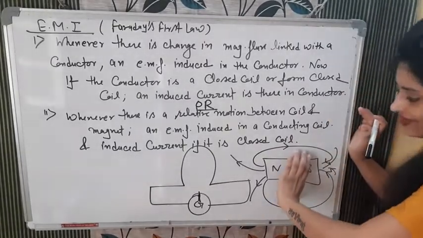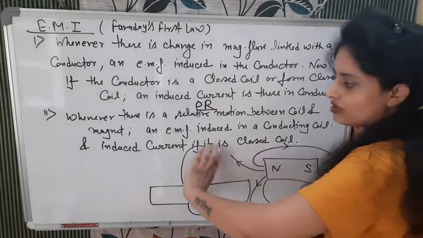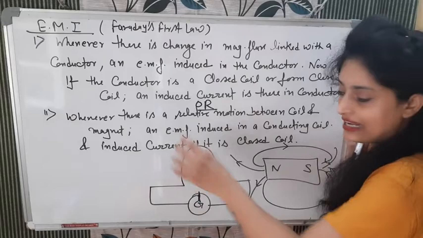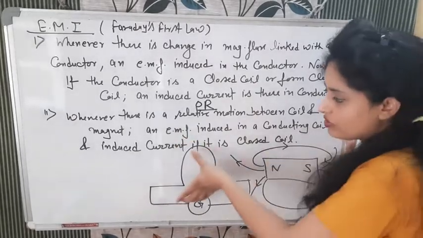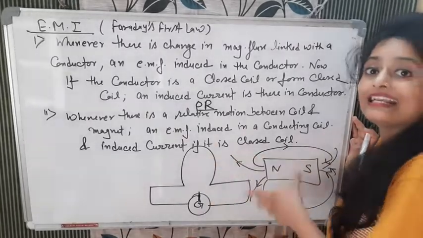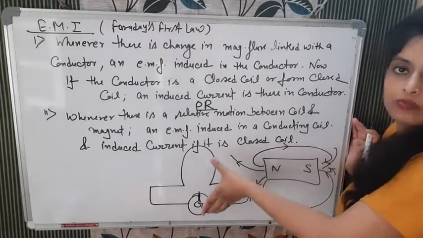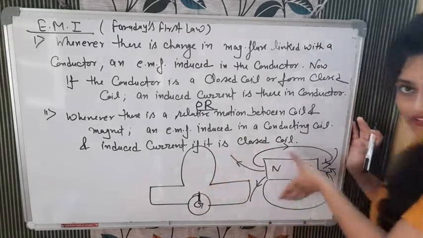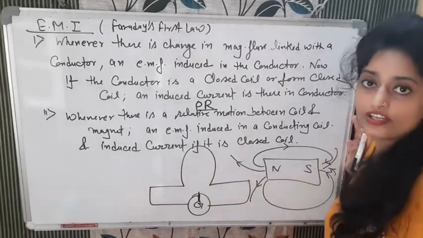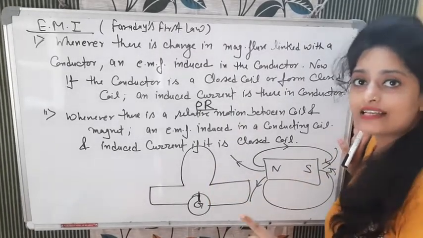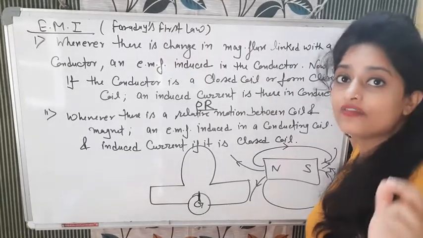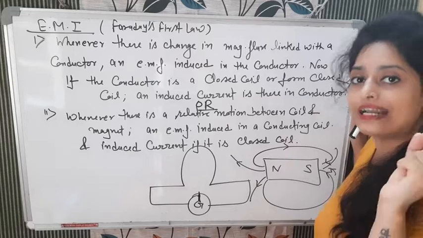See, when we are moving this magnet towards the coil, because of the change in magnetic field lines, a greater number of magnetic field lines will cross it. When it goes away from this, the magnetic field lines that will cross this will be less. So by changing the position of the magnet either towards the coil or away from the coil, in both cases the magnetic field lines crossing this area are changing. Because of that the magnetic flux is changing, and because the magnetic flux is changing, we all know what is happening. EMF will be produced and current will be induced.